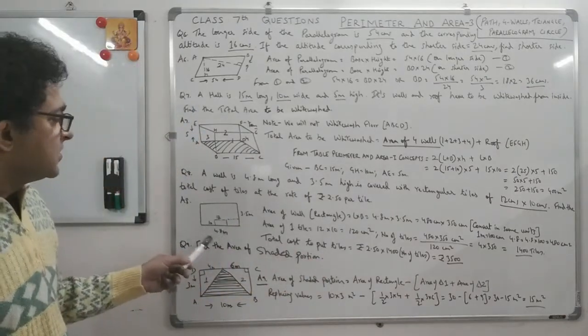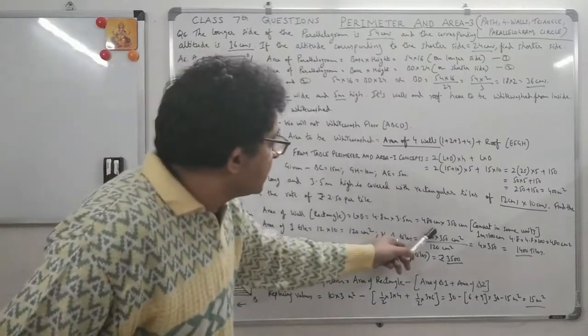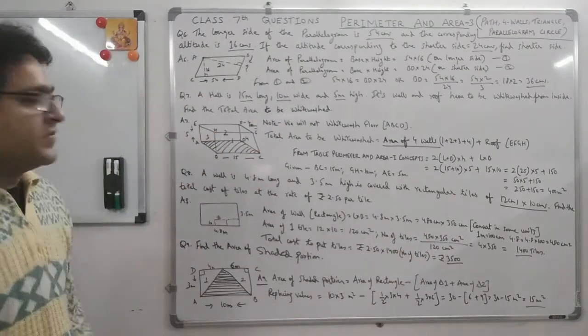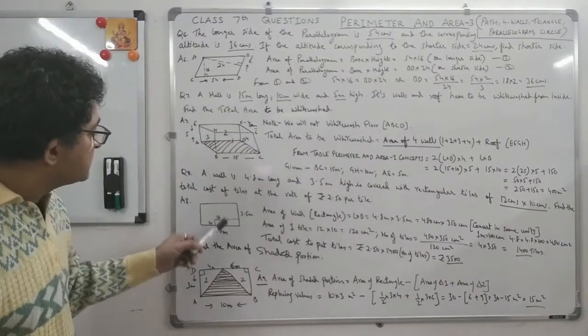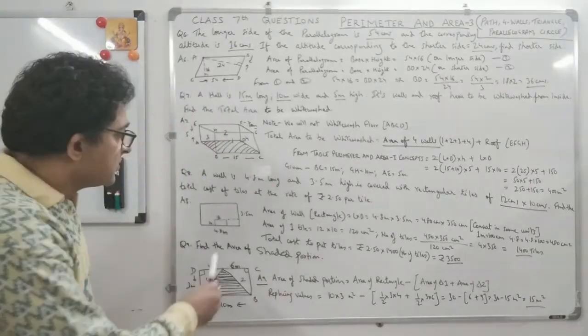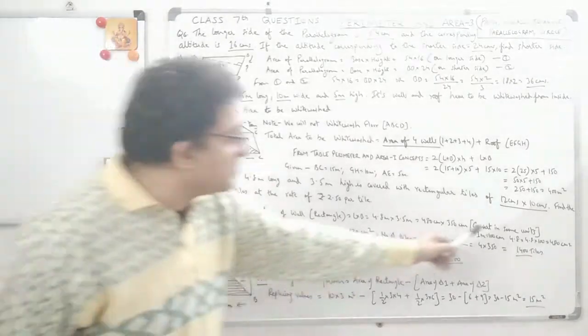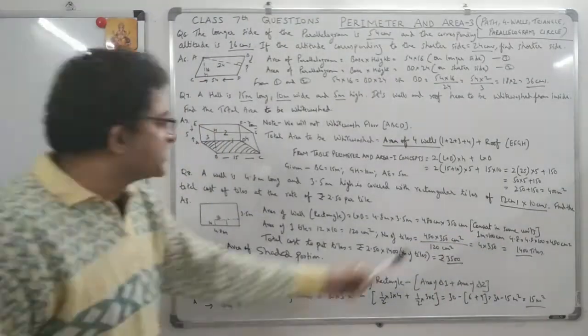You can see this 4.8 meter into 3.5 meter, which is 480 centimeter into 350 centimeters. Why I have done this? Because convert in same units. Because when you are putting tiles, it is in centimeters. So how will we know number of tiles? Because this has to be the convert in same units always. Remember this. I told you in the concepts also. It has to be in the same units.